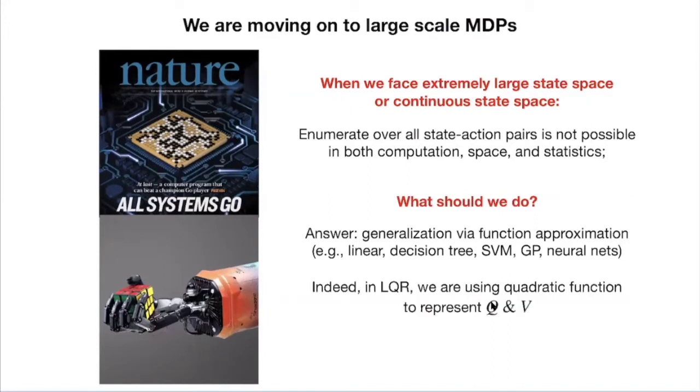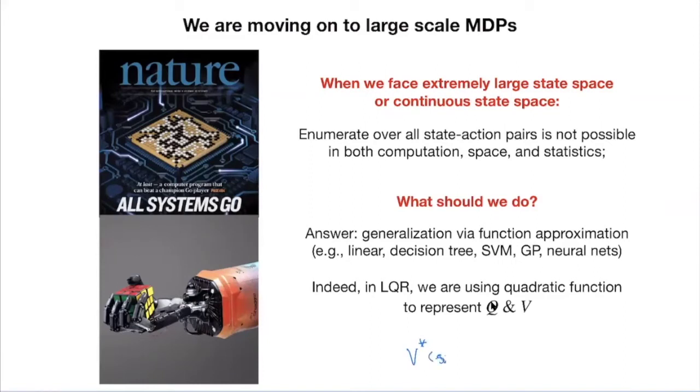And I actually want to mention the LQR again, right? So LQR, as you said, the state is in R^d, in Euclidean space. And there we actually have infinitely many states, right? But what we did is we parameterize our Q function and value function, using polynomials, right? Our value function, V star,